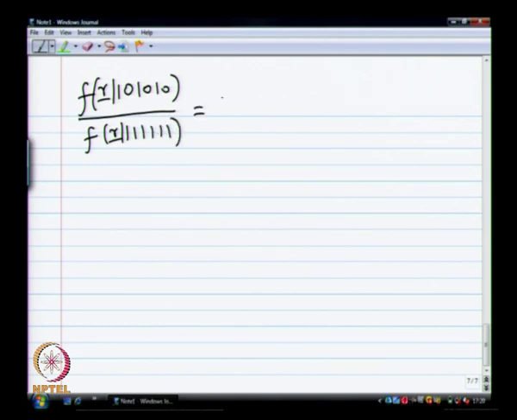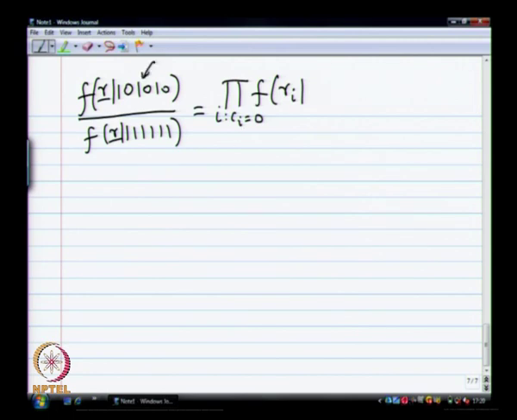This is basically the product of f of r_i given, over i such that c_i is 0,